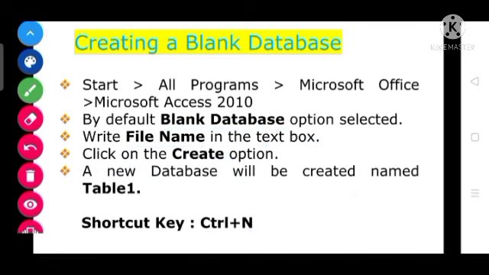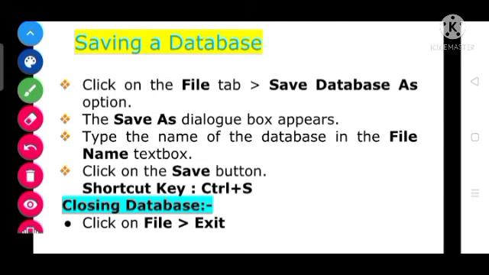Okay students, now I am going to explain how to save a database. If we are creating a database, we should save it also. For saving a database, very first we click on the file tab. I explained the file tab in the components of Microsoft Access 2010.